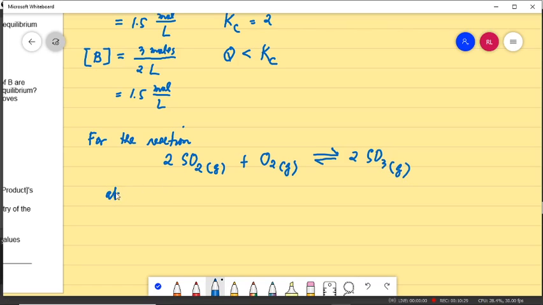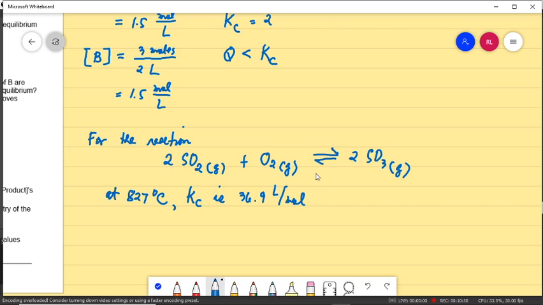And this happens at 827 degrees Celsius. Suppose that the equilibrium constant is 36.9